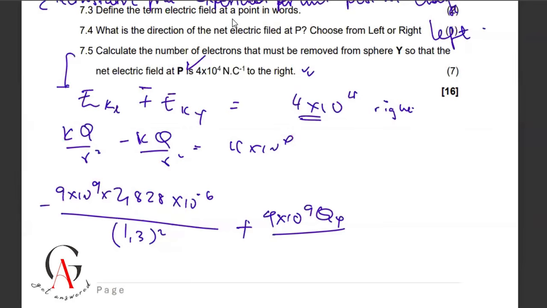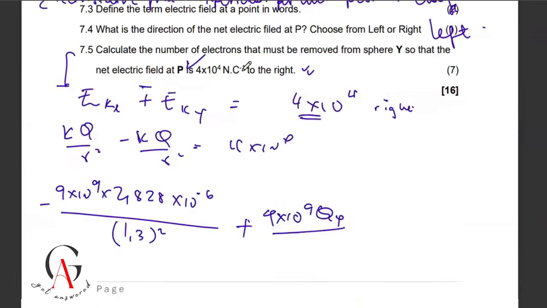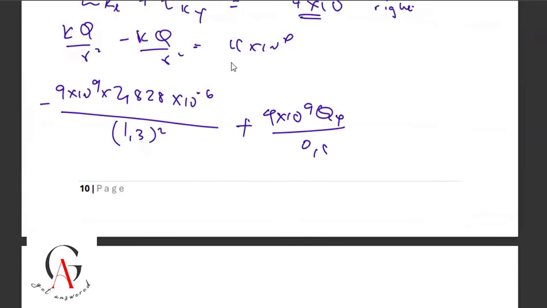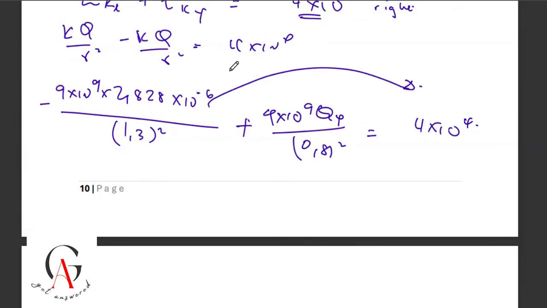Supposed to be the other way around. And then the distance between y and is 0,8 squared. Should give us 4 times 10 to the 4. Okay, so this must be moved that side so that we have an addition and then multiplied by that. Okay, so if I do my simplification,